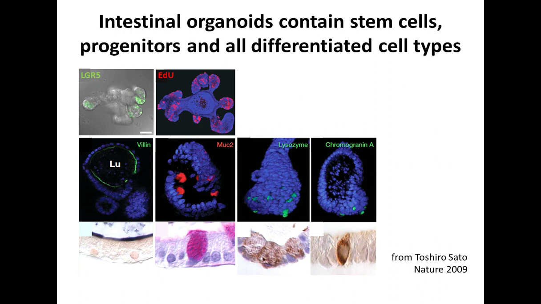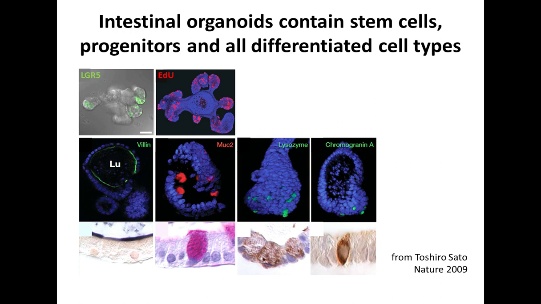He also found that there are many EdU positive cells in the budding structures, meaning that these are proliferating progenitors. And not only these stem cells and progenitors, he also found Villin positive enterocytes, Mucin 2 positive goblet cells, Lysozyme positive Paneth cells, and Chromogranin A positive enteroendocrine cells, meaning that the 4 cell types that we can normally find